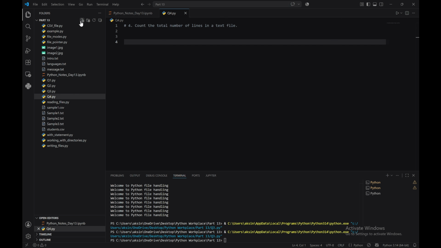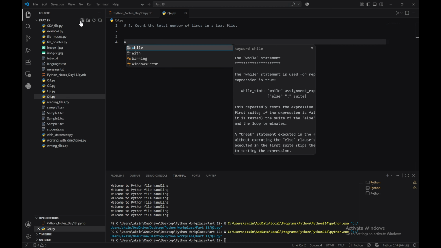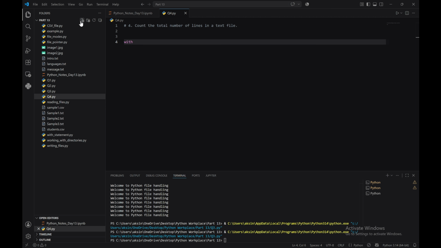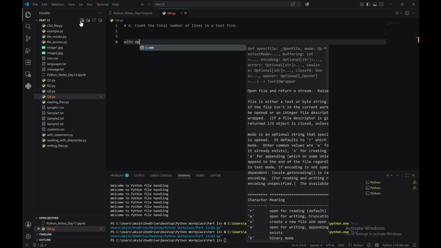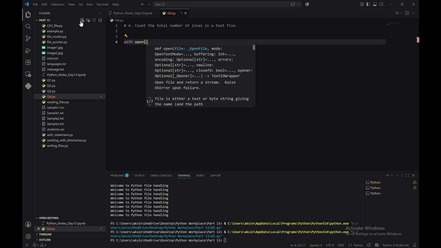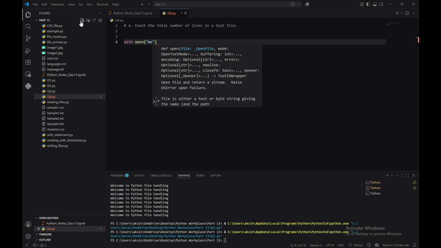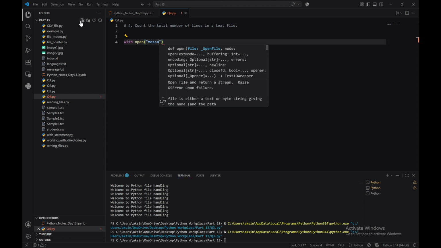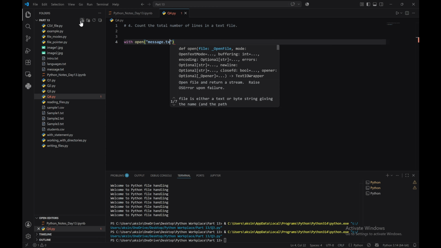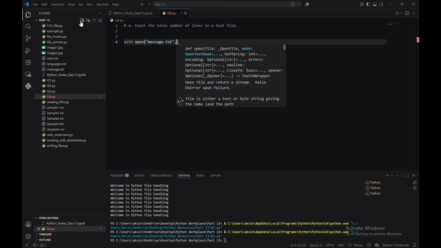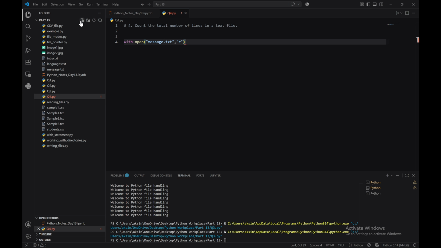You can write the second method yourself. Open, I will take message.txt, comma r because we need to read,